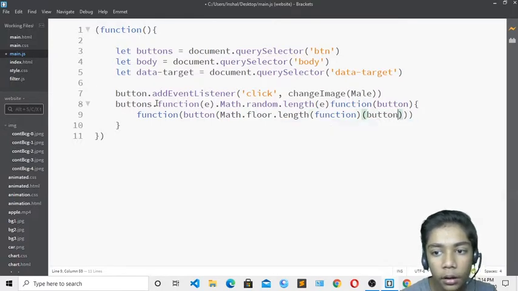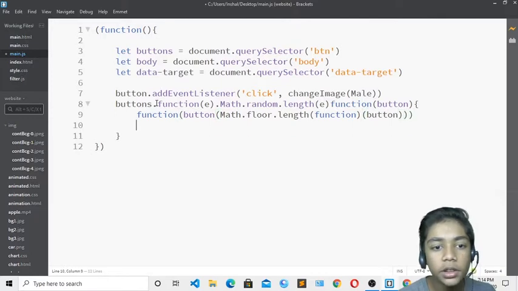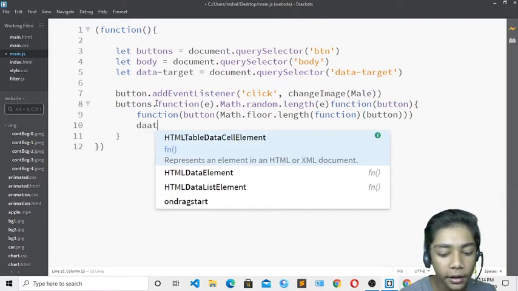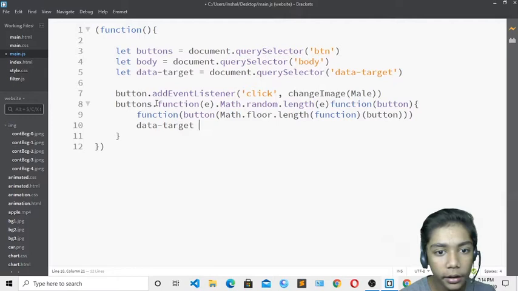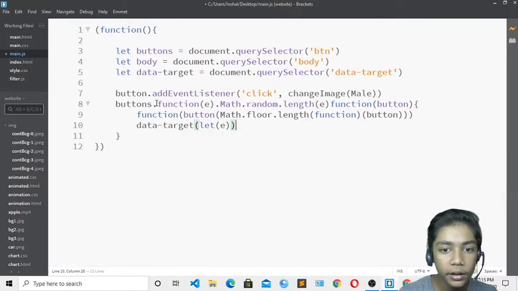Okay, and now come underneath and write over here data target again, data target, write let and e, then write function dot length and write like mail.